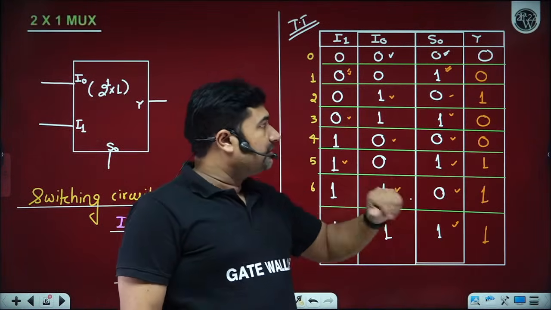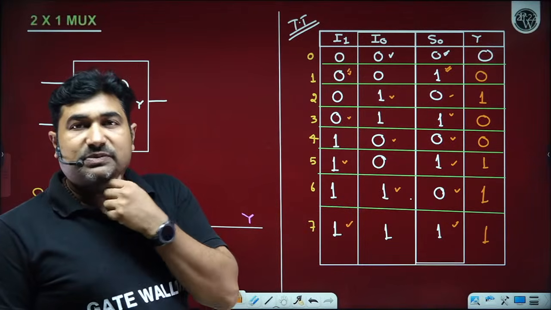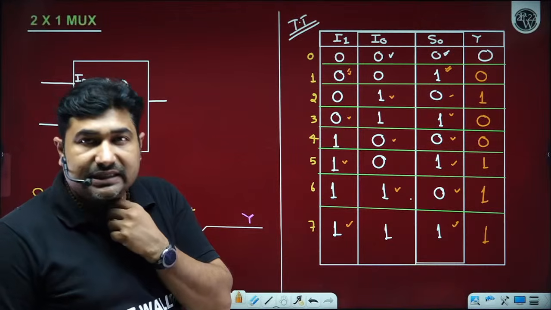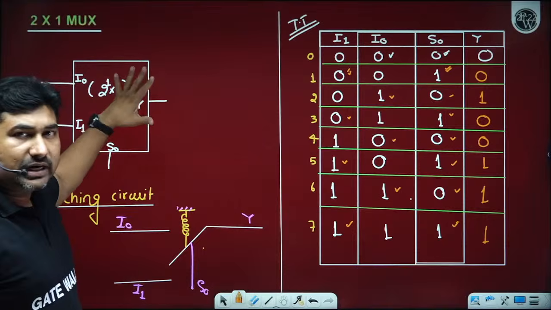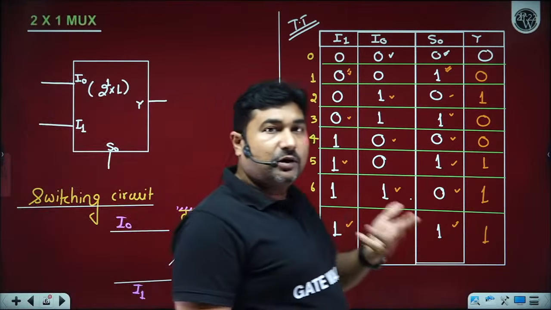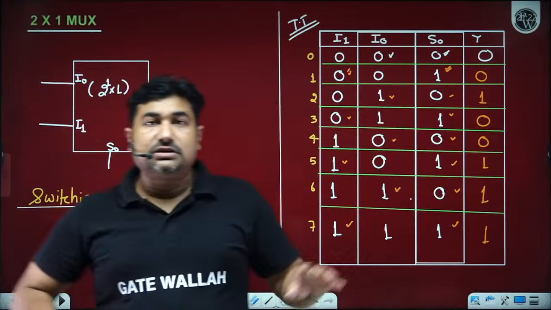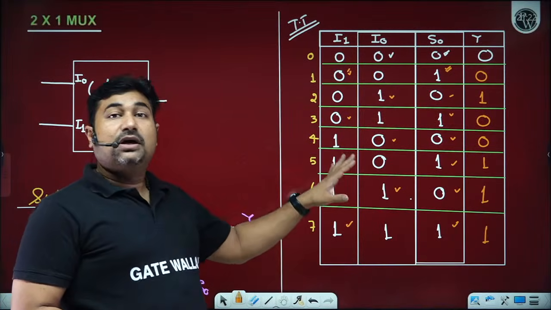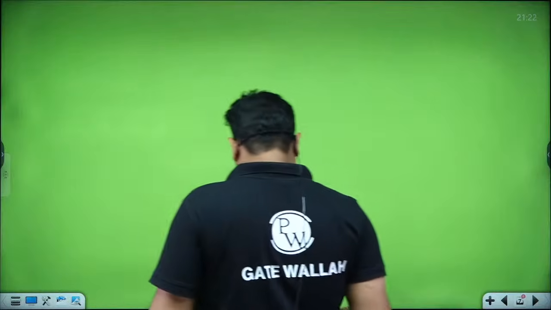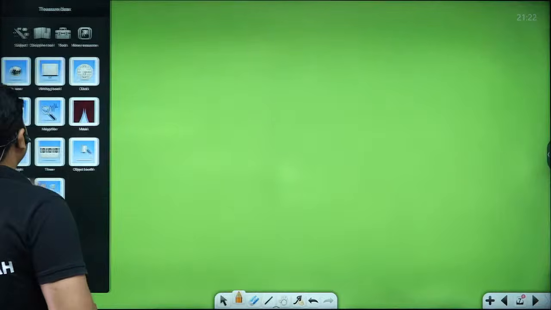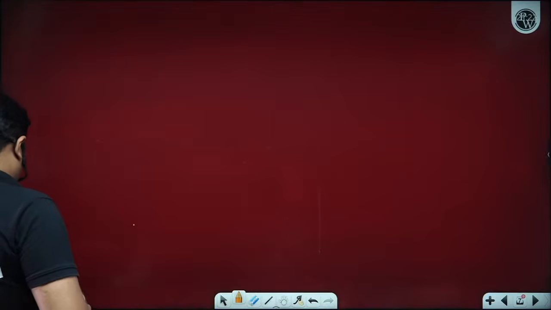Now please observe where we are getting output logic high, so that we can have the logical expression needed to design this particular circuit. We always do the same: first of all, identify the inputs and outputs, and in order to understand their behavior, I have used the switching circuit. Construct the truth table. Next is to write the logical expression. So write down the logical expression of output Y. What is the logical expression of output Y? Can you please tell me?